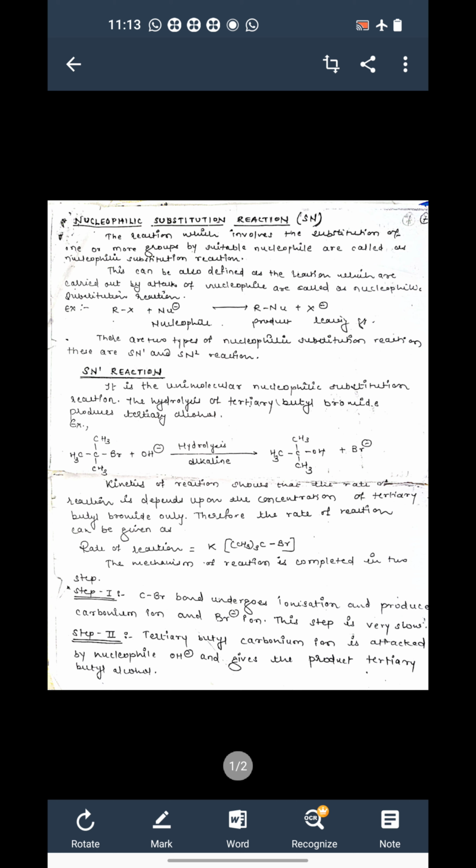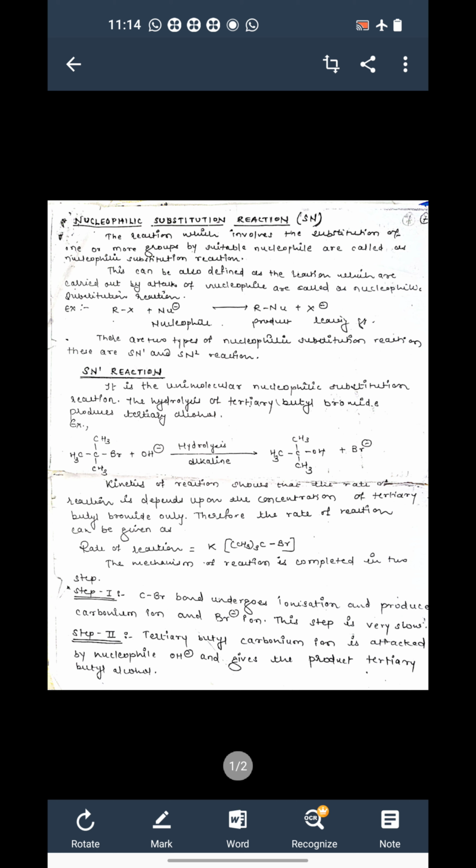Now there are two types of nucleophilic substitution reaction. One is the SN1 reaction, another one is the SN2 reaction. So first look at the SN1 reaction. Whenever there is a unimolecular nucleophilic substitution reaction, it is called an SN1 reaction. For example, suppose we have a compound, tertiary butyl bromide. You can see carbon with CH3, CH3, CH3 and Br, or carbon with CH3 thrice and Br, that is nothing but tertiary butyl